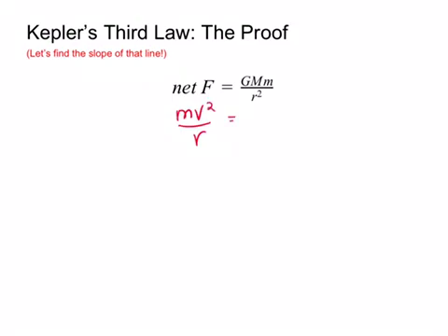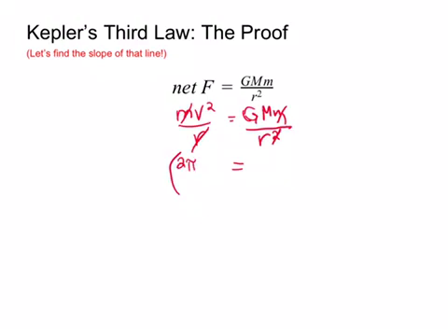And we see that we can cancel out a few things. So first thing I'm going to cancel out is the mass of the planet in question. And then we'll also see that the inverse r on the left side will cancel out one of the other inverse r's on the right side. Then I'm going to substitute in for v